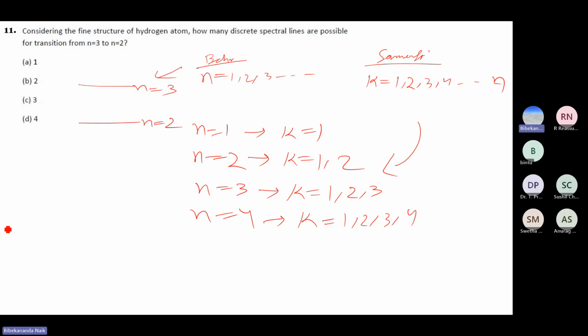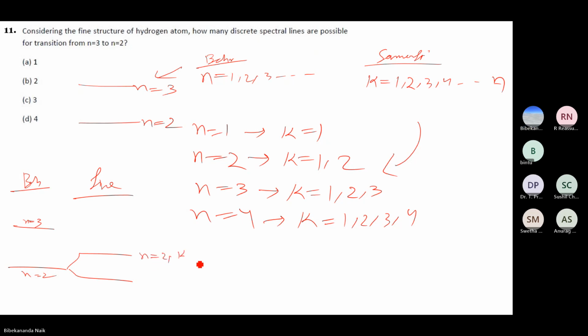So this was the two energy levels. This was n equal to 2, and this was n equal to 3. According to Bohr, but when fine structure came into the picture, another quantum number was introduced, and this quantum number k resulted in the splitting of the general levels into two parts. So one was